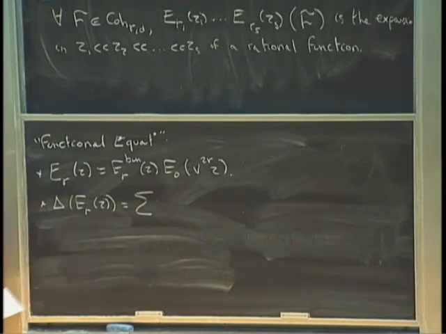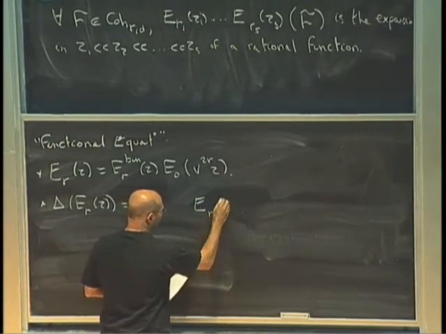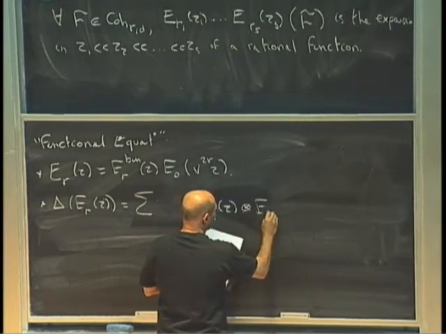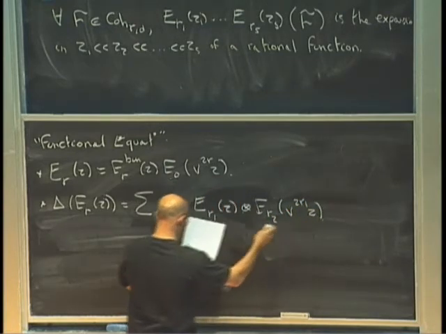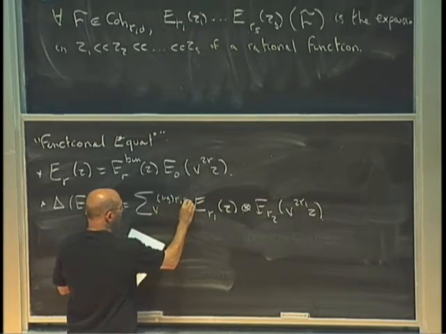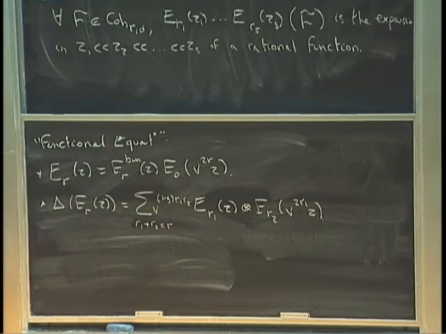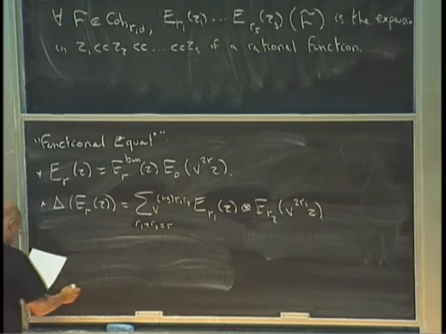If you take the constant term of such an E_R, then you get just a product of E_Rs. You have a little shift occurring, and here you have v to the power 1 minus g, R1, R2, and here R1 plus R2 is equal to R. So essentially the constant term of the constant function is again the constant function. Okay, now a little bit better